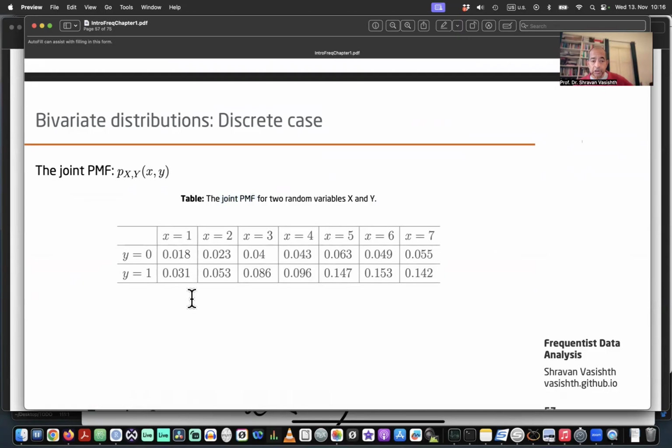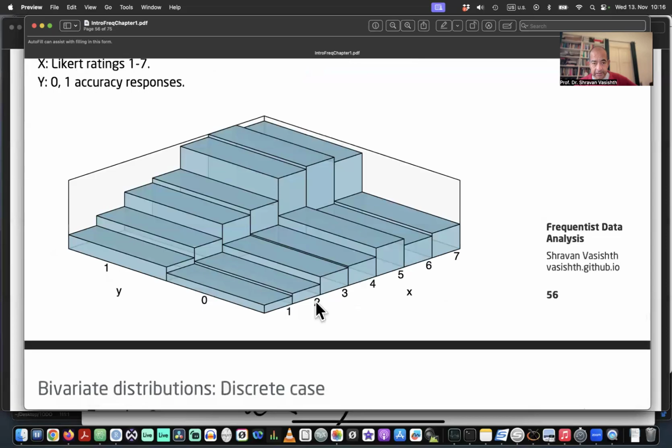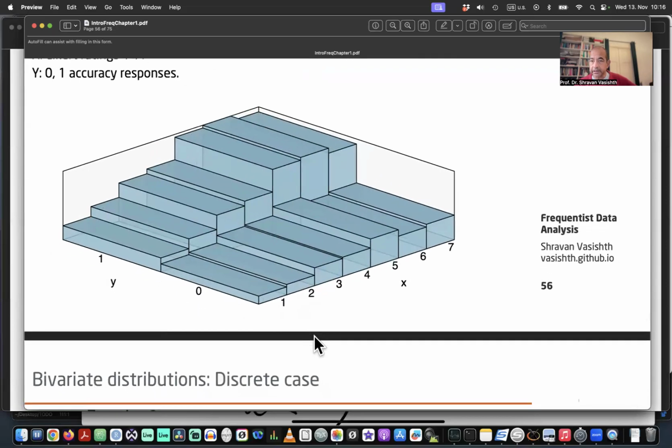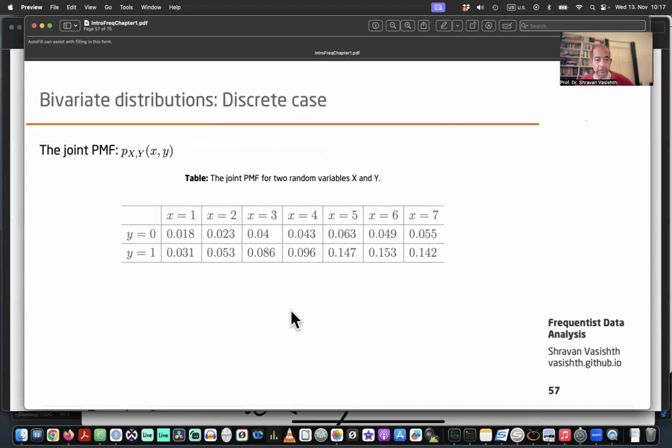So we are talking about the joint probability mass function where the x values range from 1 to 7 and the y values range from 0 to 1. So what you're seeing here is just this 3-dimensional figure numerically stated. Okay, so they're exactly the same thing. So we are looking now at the joint probability mass function in a bivariate distribution, and that's written like this,